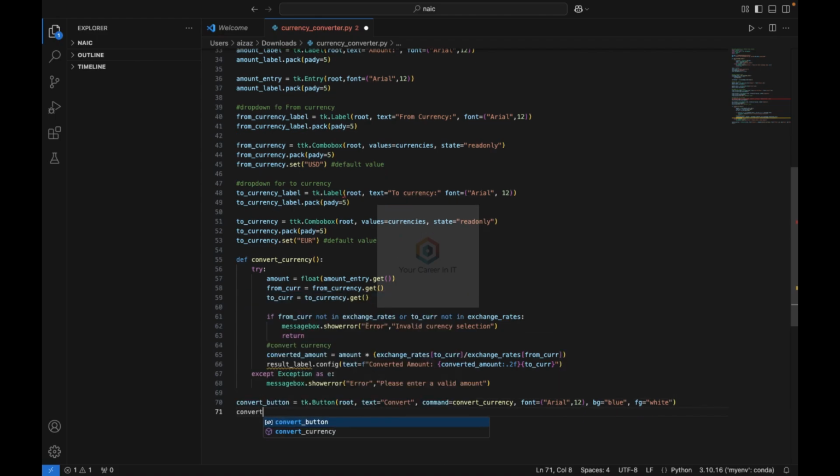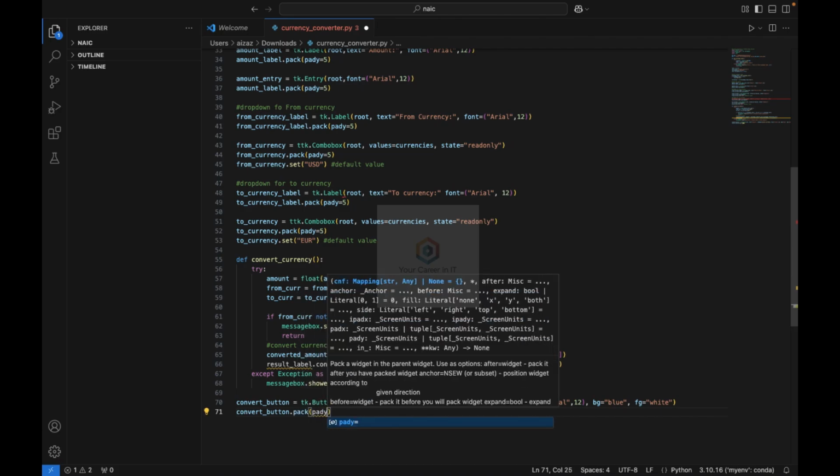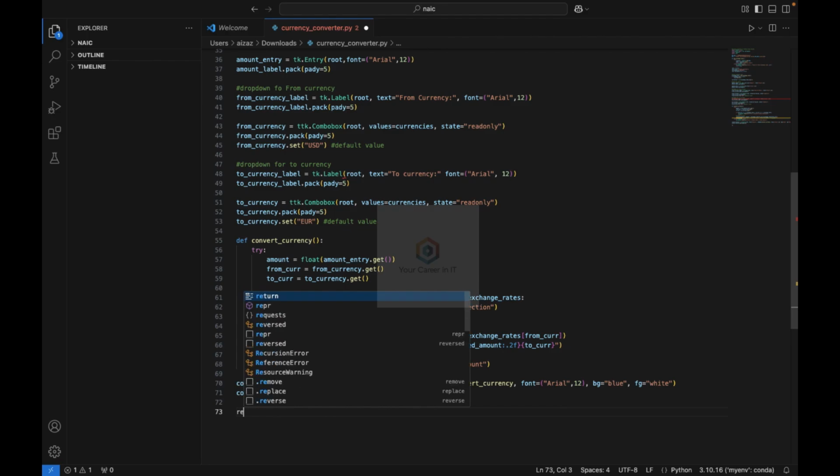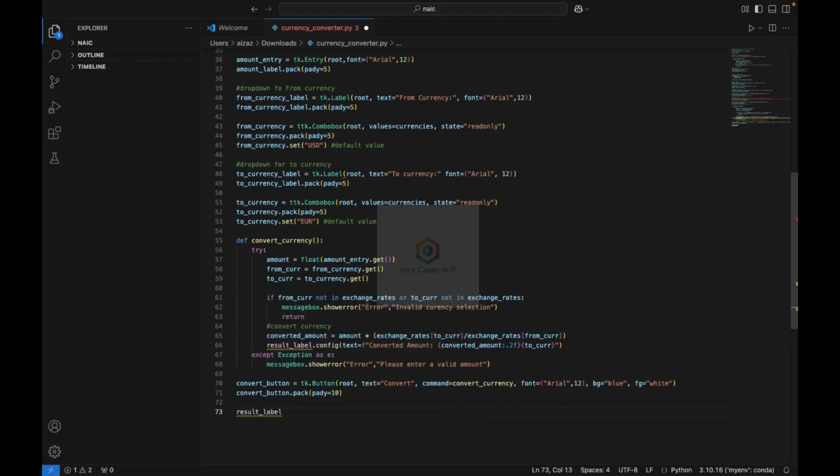Now convert_button.pack pady equal to 10, result_label equal to tk.Label, root